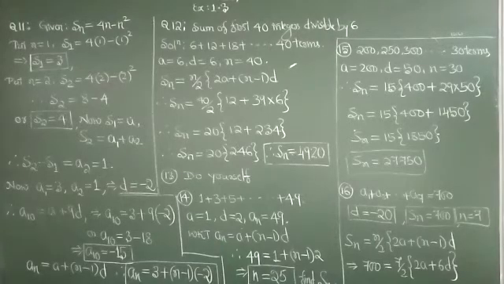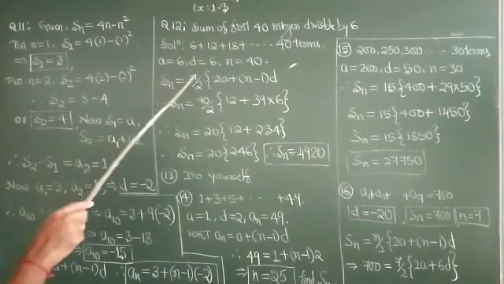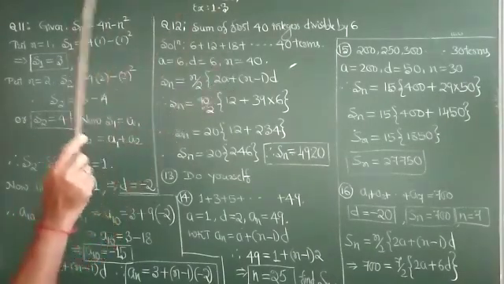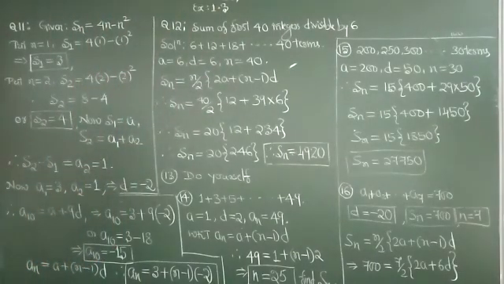Just recall, in the previous class I gave you one more formula to find the sum of odd numbers. We know Sn equal to n square. You can utilize that, so immediately you can say what the sum is. I hope you may guess. If you can't guess it, there is no problem. You can use the formula Sn equal to n by 2 into a plus n minus 1 into d also. You get the same answer. That is about questions 12, 13 and 14.